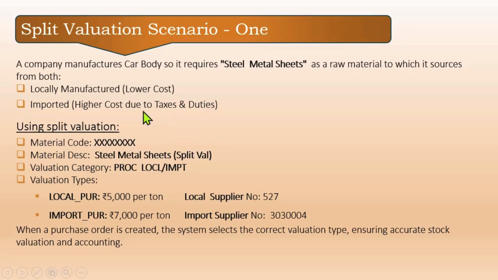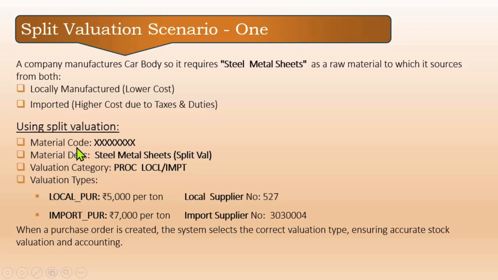Okay, so we'll take this as a scenario. Locally we are buying the same material, and we are importing the same material. Keep aside the quality of the material, we're not considering quality now. We're buying the same material locally and we are importing the material from a foreign country. Using split valuation,